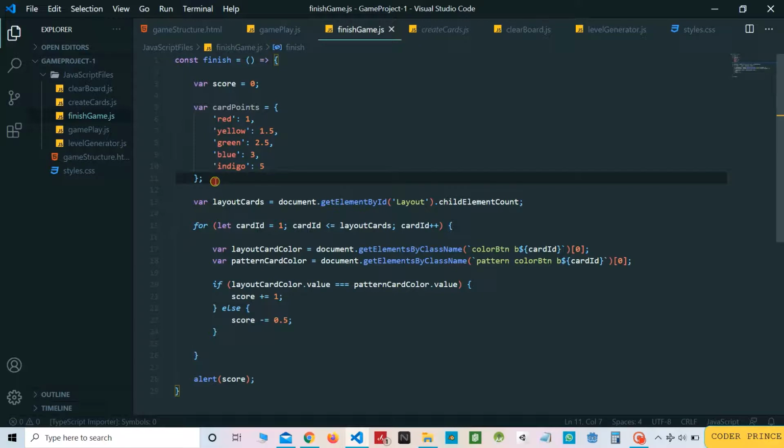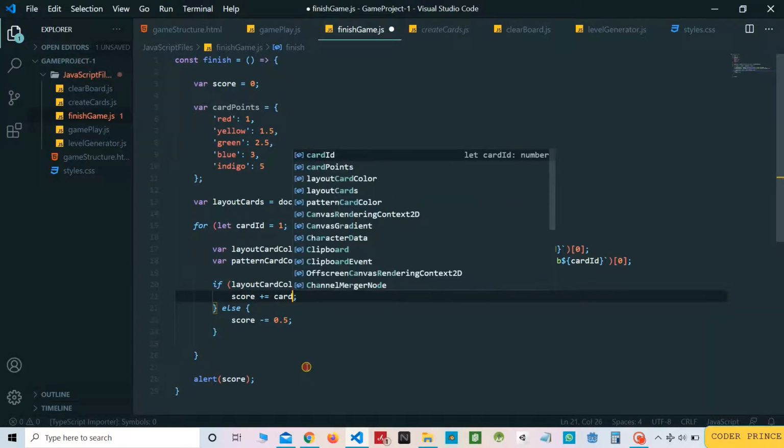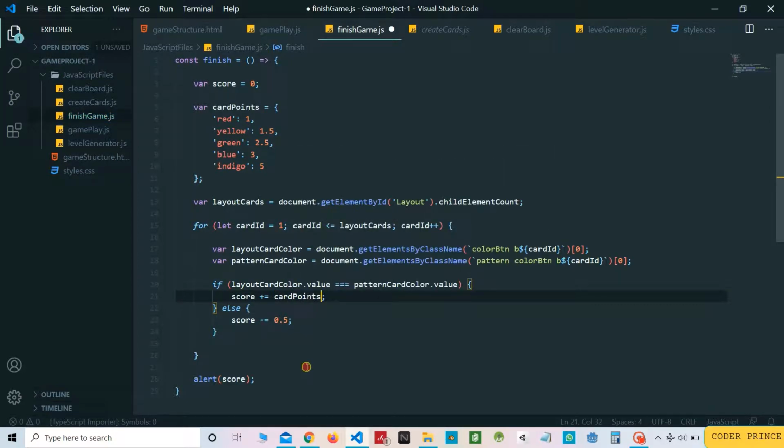So if the value we get is green, we need to increment it by 2.5. So we can write card points of the color name, that is nothing but layout card color dot value.